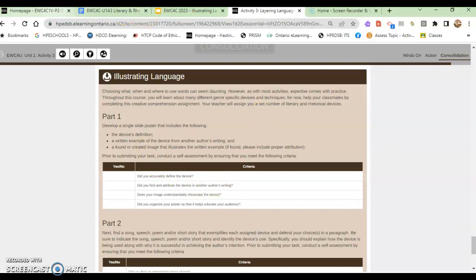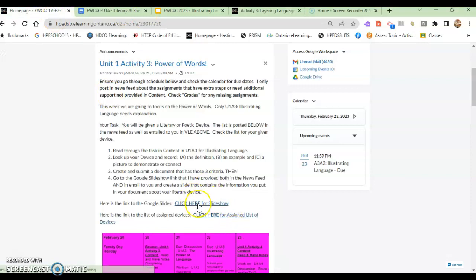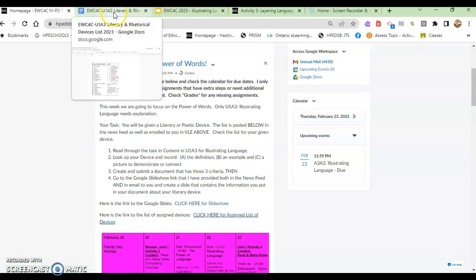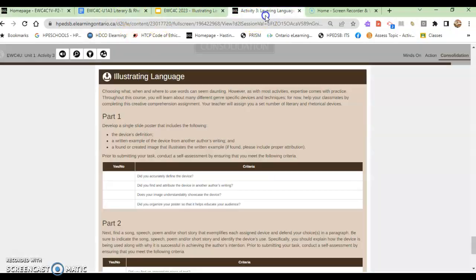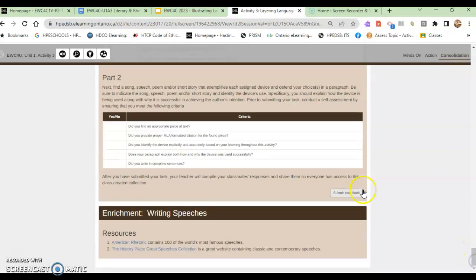When you have that developed, you're going to go back to that homepage and you're going to insert all that same information. You're just going to copy and paste and put it right into that slideshow. And the purpose of this is so that other people can see those devices and see how they're represented. So going back, you want to make sure that when you're handing in the document that you have part 1 and part 2 and that you're handing it into the Dropbox.